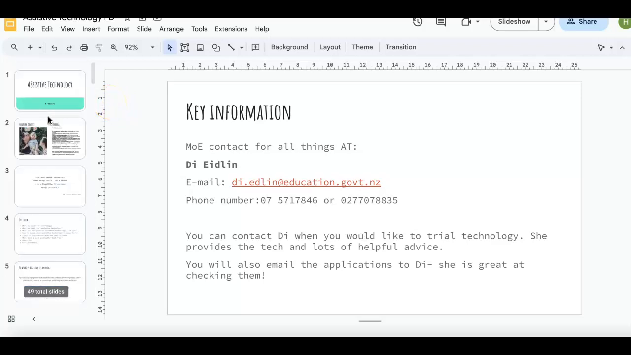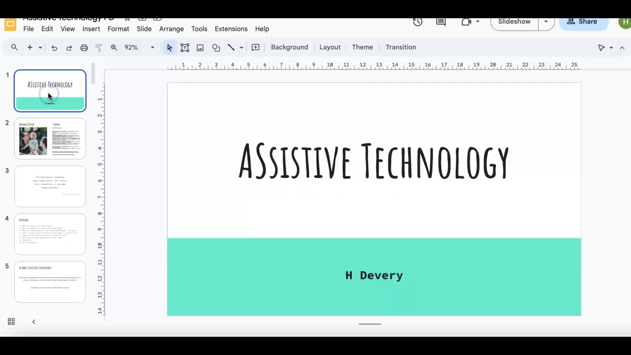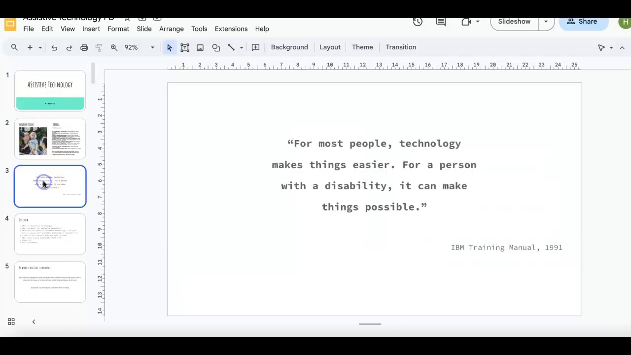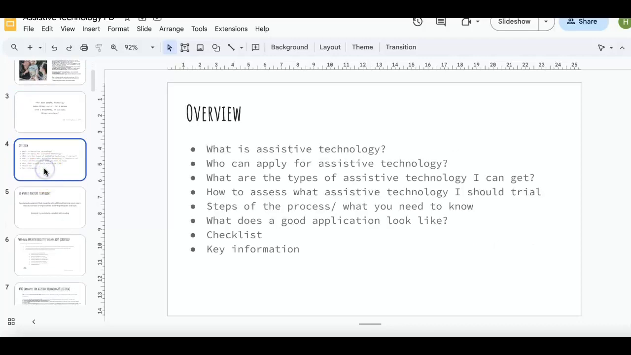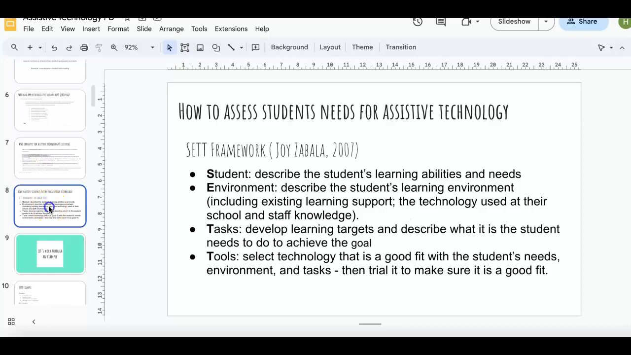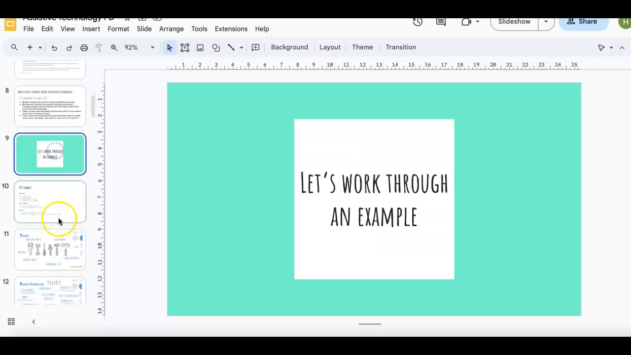Kia ora everyone, I just wanted to do a quick video to show the progress I've made in my assistive tech. I suppose it would be professional development or support for either RTLB or SENCOs or anyone completing an assistive tech application. I started this last year in one of the papers last year and created some PD around how to apply for assistive technology, talk through